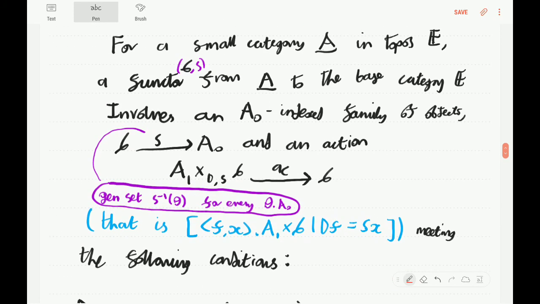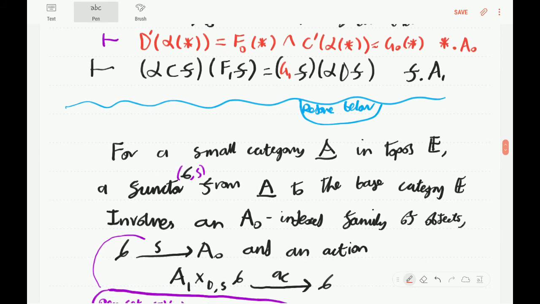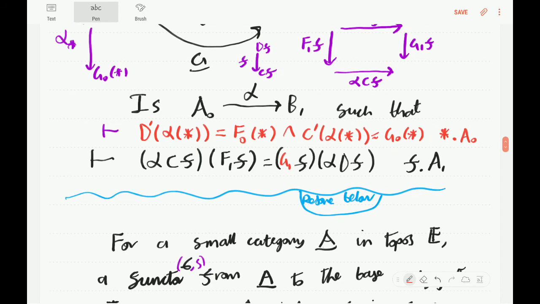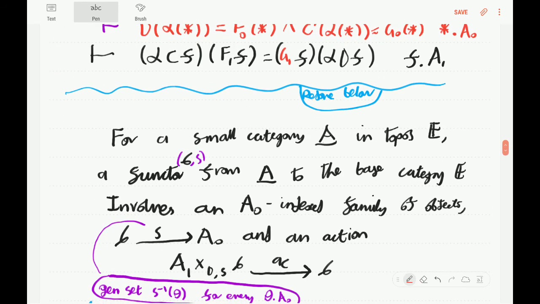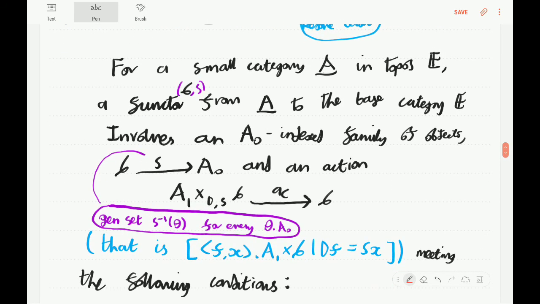Well, let me just try and describe it directly. Okay, so in the last example which we looked at,